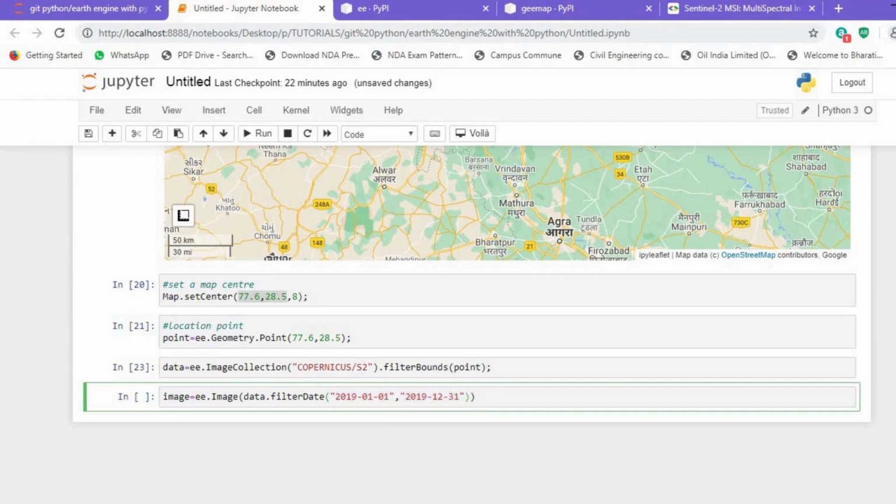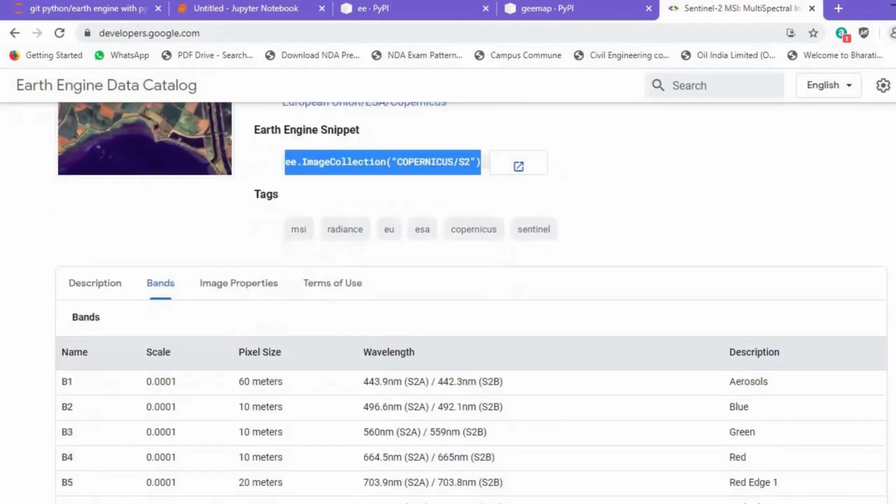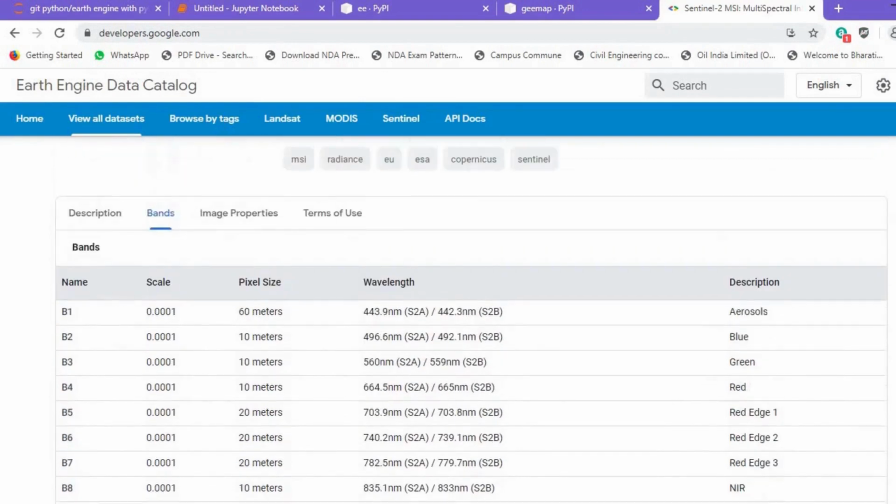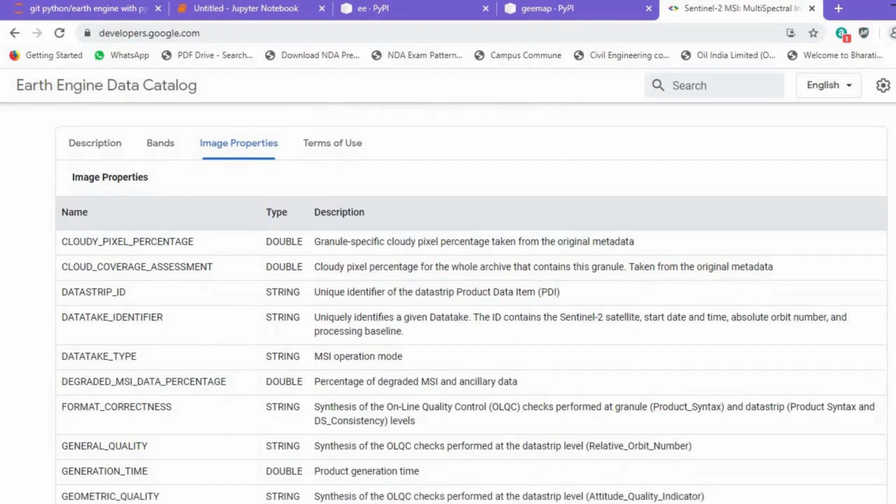Next we need to sort the data. I'll put dot sort and we require some properties. In order to get the properties, just jump back to the Sentinel-2 data and you can see this is the band collection, that will be coming back shortly. Go to the image properties and there are a lot of properties that you can see here, and the description, check out here.